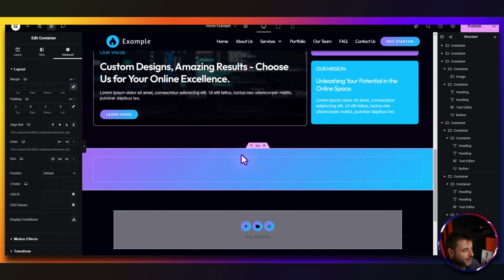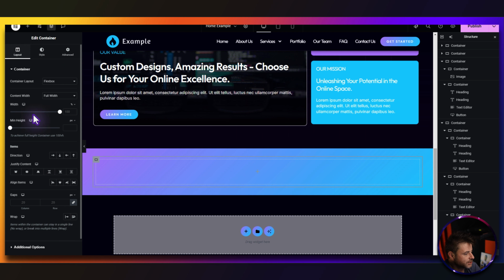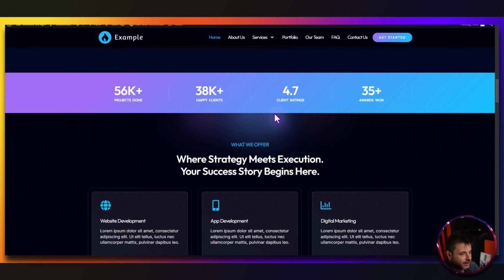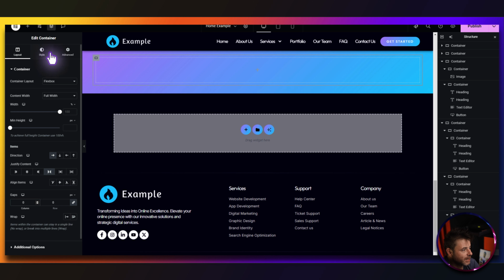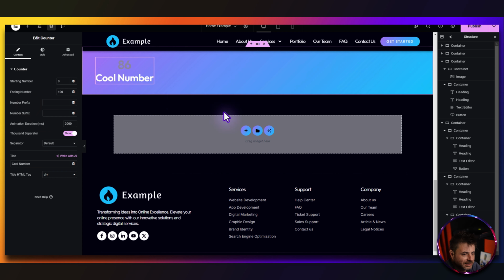Now inside here, we're going to be adding a container. So let's go put one in. This also is going to be horizontal and also space between. And the gaps of this one is going to be 0. Now inside this, we are going to be putting in counters. So these are going to be the counters that we're going to be making. So here we're just going to say counter. We're going to take that, put it in, and we'll just set up the settings here first, and then we'll